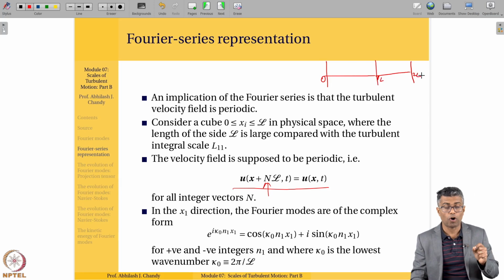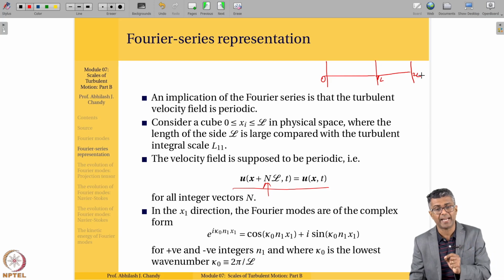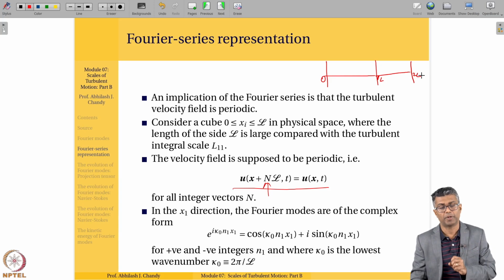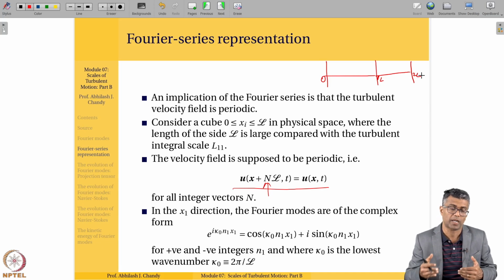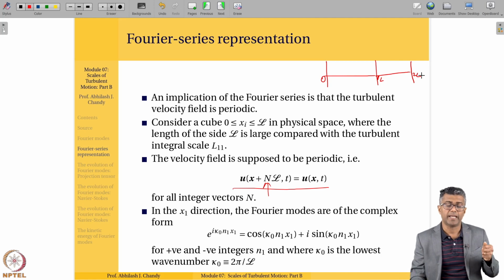So u of x plus nL, n being any integer, nL comma t, is the same as u of x, t. So it keeps repeating itself. That's what I mean by periodic. It keeps repeating itself. Now in the x1 direction, let's say we are only writing it for the x1 direction,